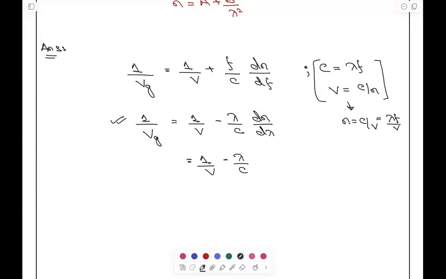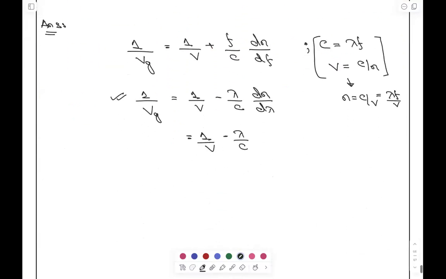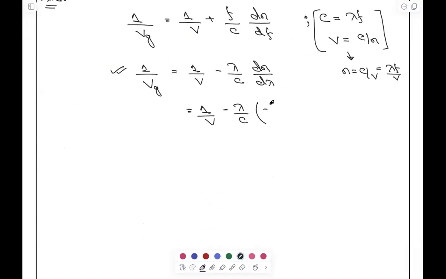भाई वैसे नहीं चलेगा काम। What is dn by d lambda here? यहाँ से dn by d lambda क्या है? माइनस b अपॉन लैम्डा क्यूब, पुट द वैल्यू, माइनस b अपॉन लैम्डा क्यूब। So from here I can write 1 by v plus b by c lambda square, यही आ रहा सबका।